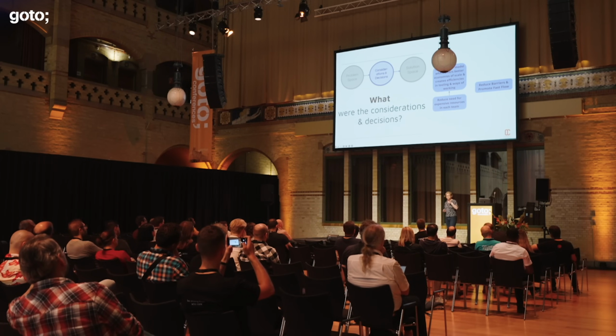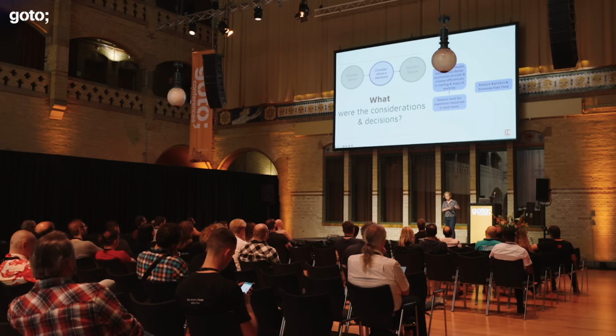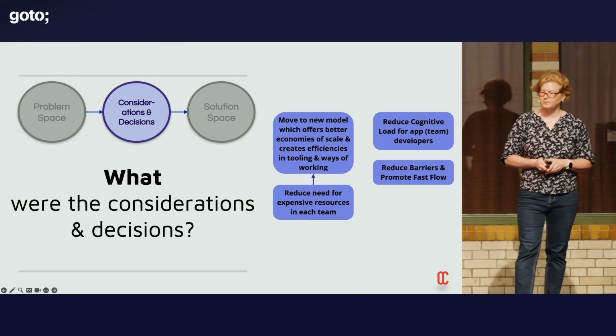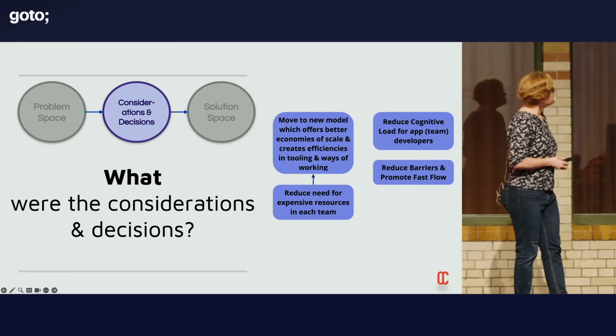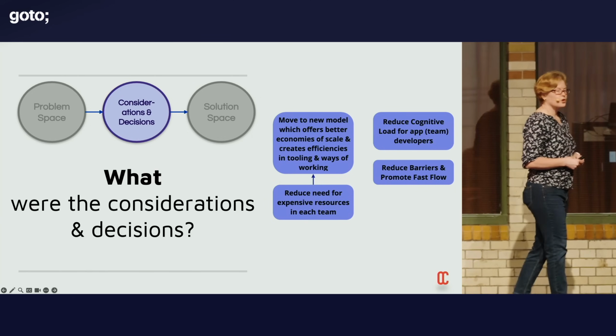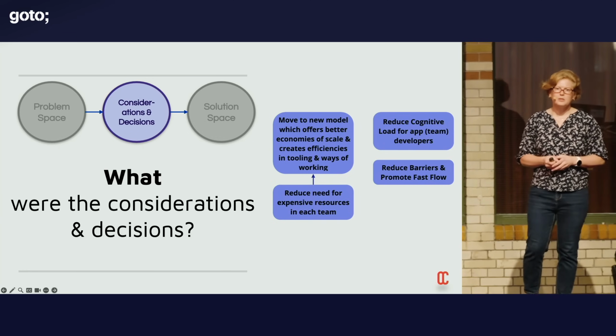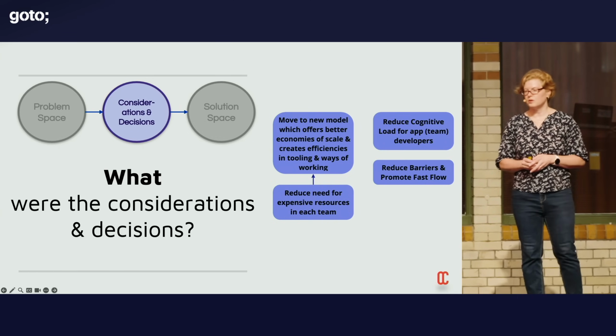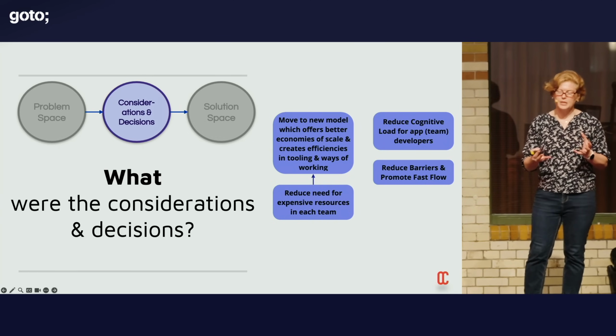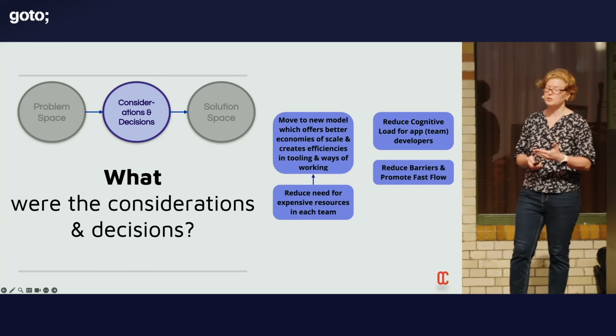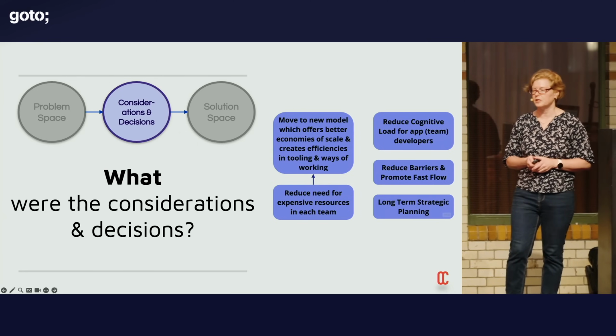So explicitly building in a decision that we need to reduce both the technical and the social barriers of developers being able to build and maintain and move their system to production in a fast way is key to moving forward. And as I said, this creates quite a big cognitive load on your general developers in terms of them having to really understand all these different pieces in building that. So we want to reduce that and make sure they can just focus on what they need.